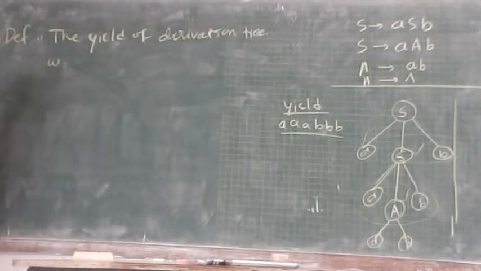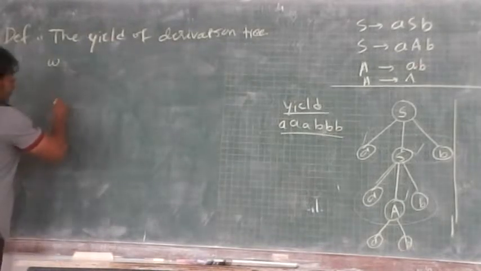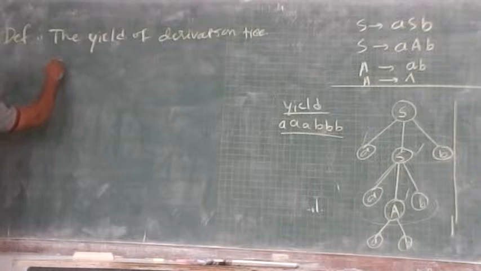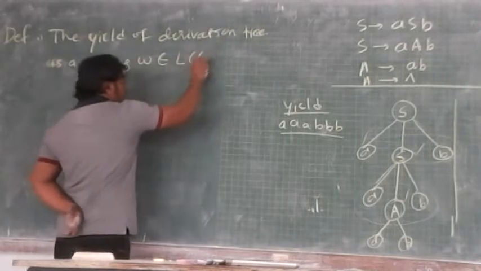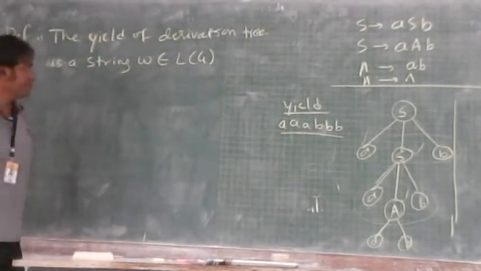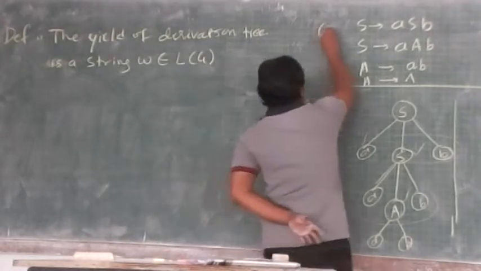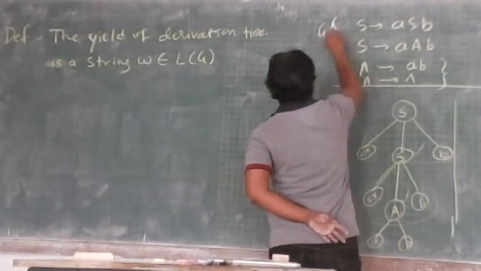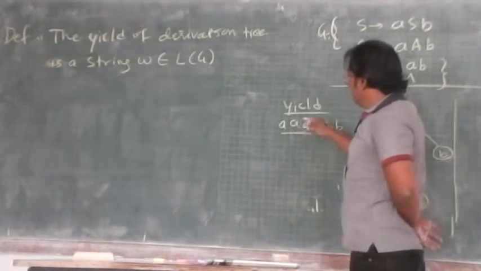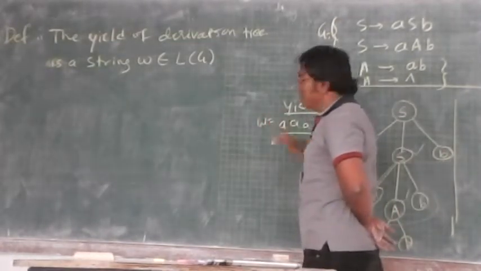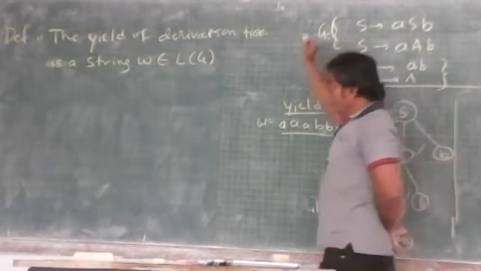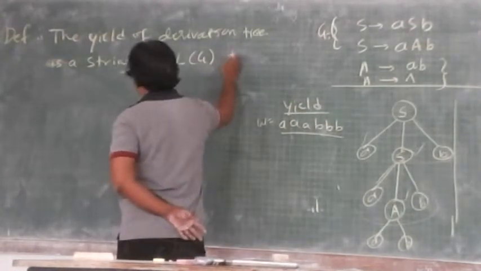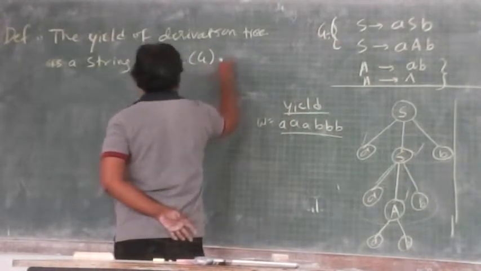I consider W as the symbol for the string, or you can say a string W belongs to L of G, the language for G. This is a grammar G, and this is one sentence W of my language, for my grammar G. So the yield of a derivation tree is a string W